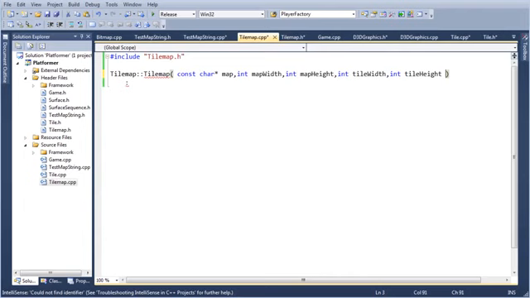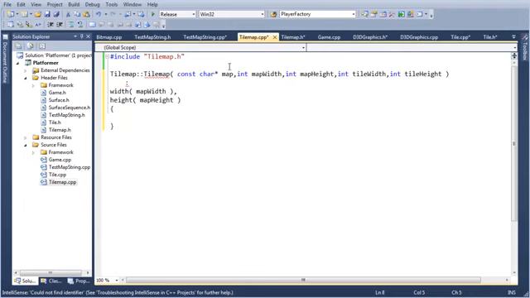There. And now we do the thing. Width is set to map width. Height is set to map height. All other things are handled inside the actual code.